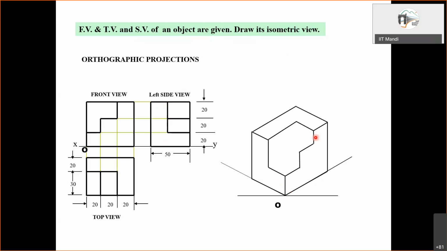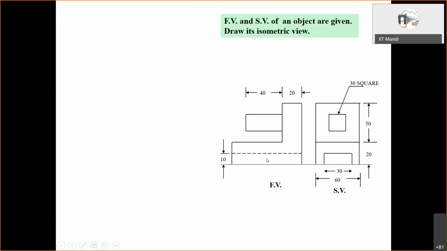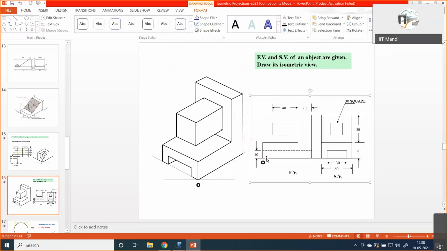Then this thing is to be replicated again from here like this. These are all isometric lines, you see, right? All marked like this, and the shape. So you can go through it afterwards also. I guess it is clear to most of the people, right?